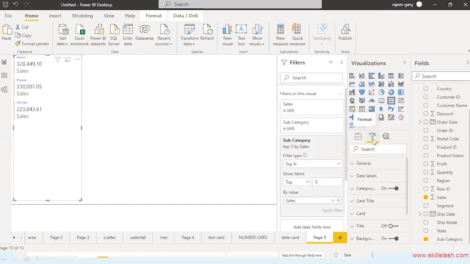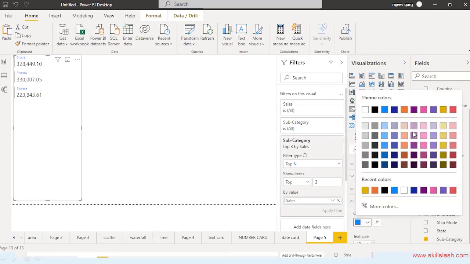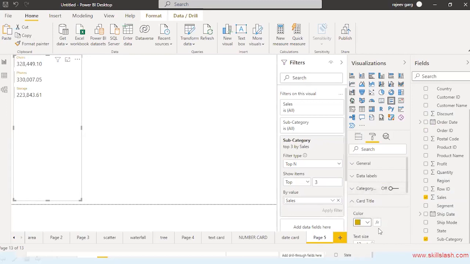Let me go to the formatting, and the category, you can make it as off. So you can see the sales, and sales is not getting repeated. The card title, if you want, you can change the card title over here. You can change the color if you want. Let me take it as golden over here, and I can increase the text size.